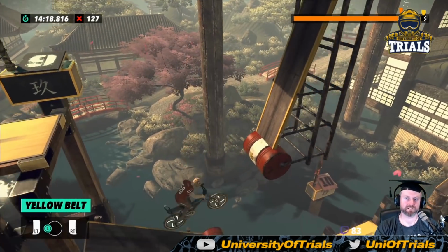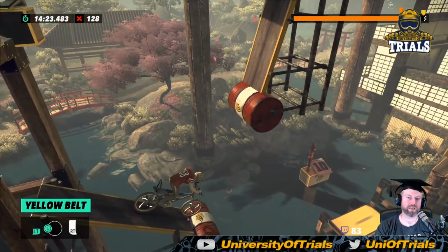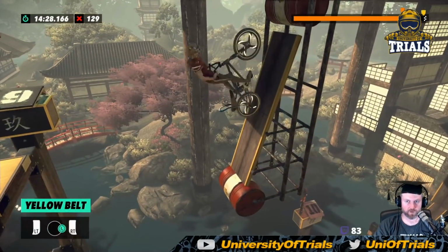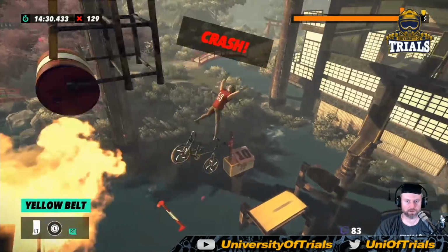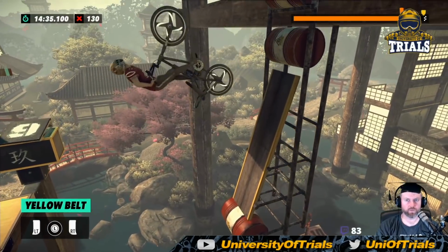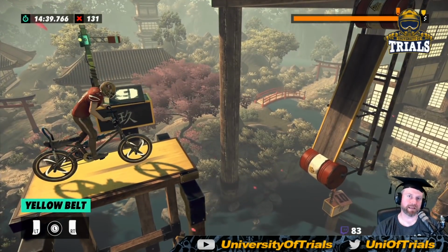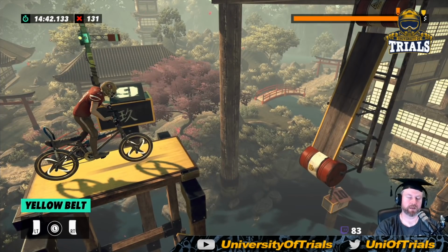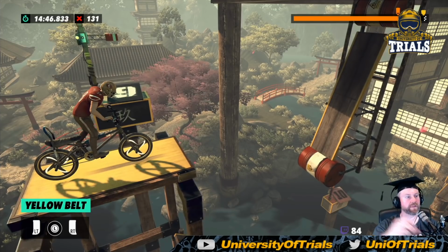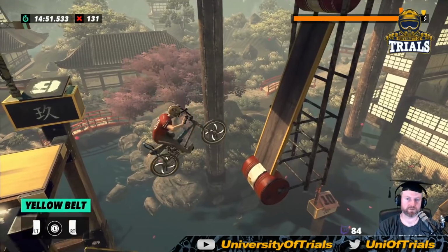So accelerate, just tap that. You want to hit the lower ramp somewhere around that midpoint line. What I tend to find when I was starting this, I would hit it quite low and try and get a bounce. And when you try and get the bounce, you see the wheel rolls down the ramp and you end up clipping the bomb. So you have to land high enough on the lower platform so you've got enough time to do the rear wheel bounce where you can press the springs and ride along the ramp and then accelerate without clipping the bomb. So what that means is you've got to make a real conscious effort to land high,